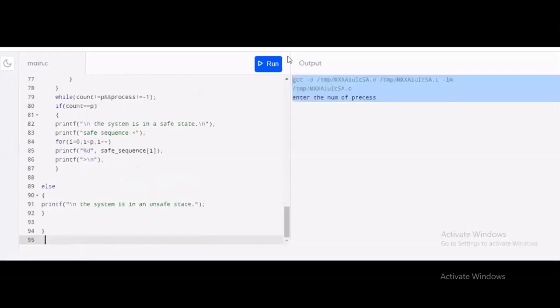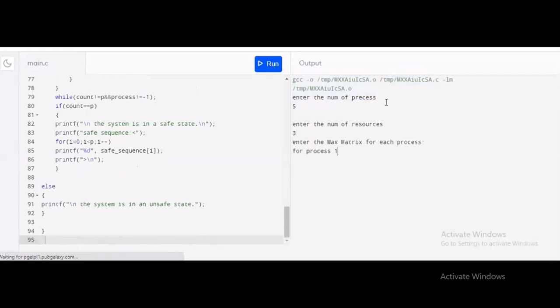Now we will run it. Enter the number of processes. Now enter the number of resources. I've entered 3. Enter the max matrix for each process. For process 1, I'm using 7, 5, 3. For process 2, 3, 2, 2.